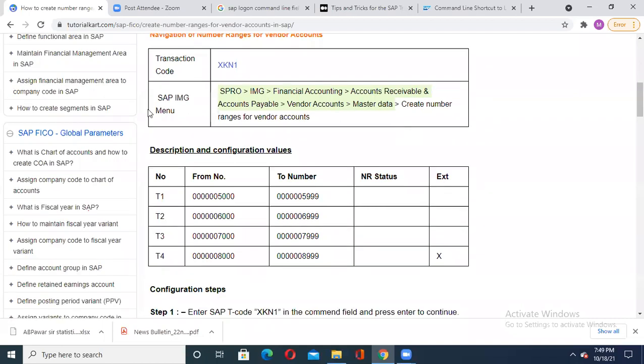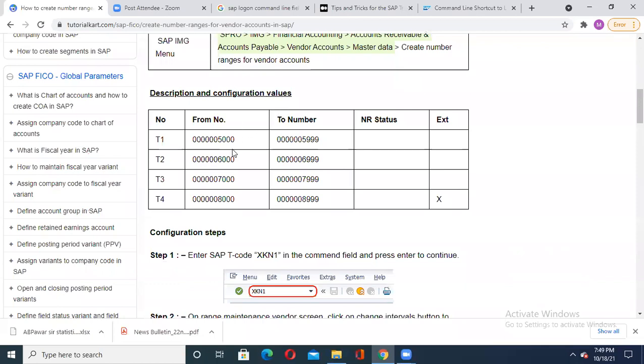See what this description and configuration value is? It means now I want to assign some range to a particular vendor, and which range can I assign? For that they have given some possible values. These possible values need to be defined by the consultant. You are the consultant, you will define that you want to assign this new vendor some account ranges. Use this one, because you have to justify. They have been given first from number to number. Let us see one by one.